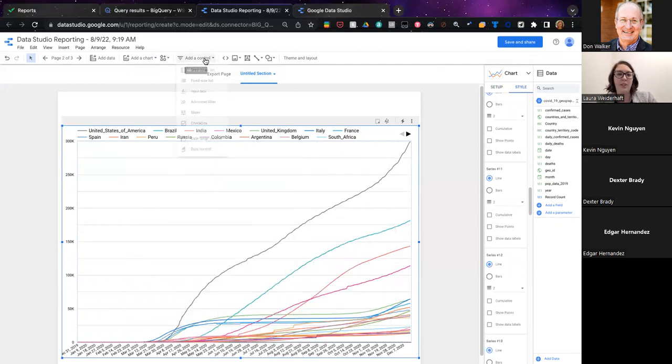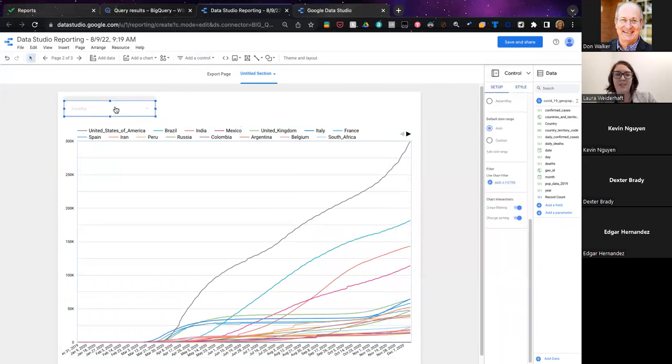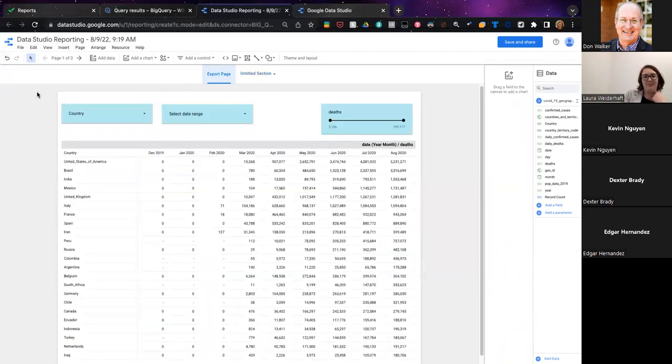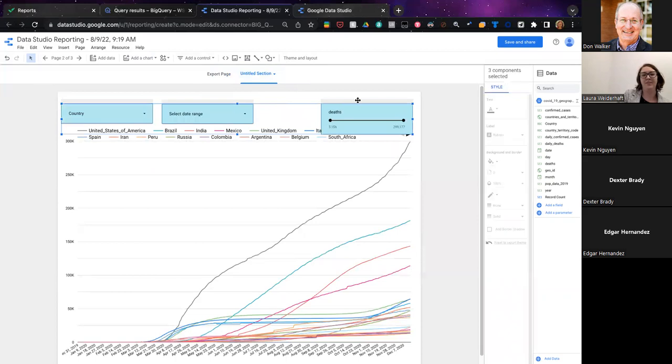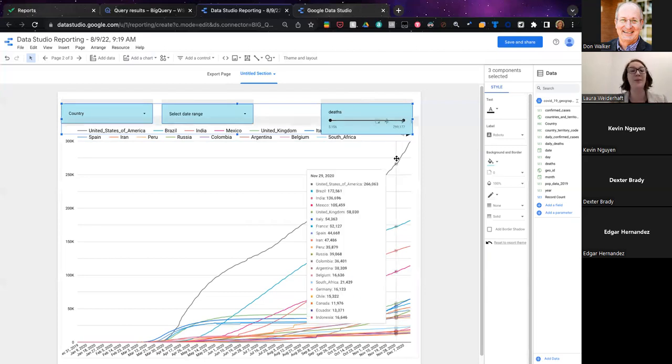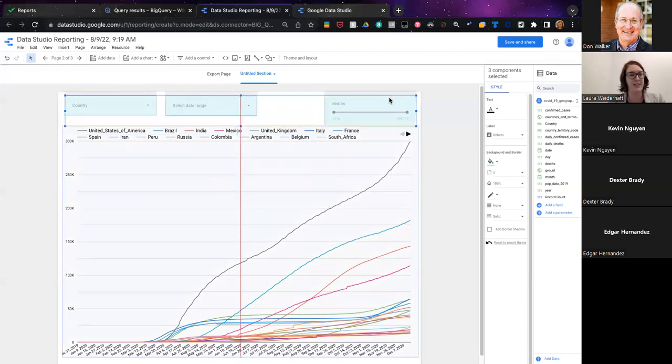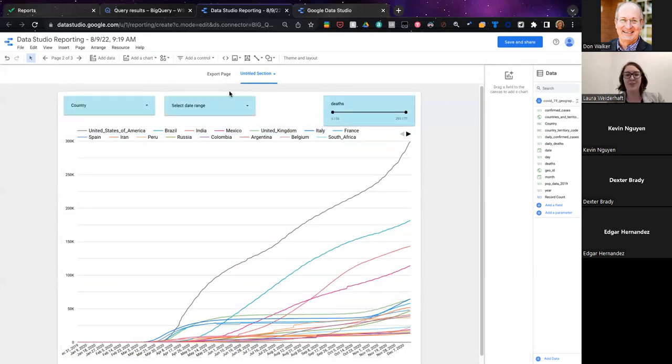And we probably want to also provide drop downs here. Instead of redoing everything that I did from the past page, a lot of times you can just copy and paste. If you're using the same data set, this gets tricky when you have a bunch of joins and different custom queries behind different charts, because every filter is unique to just the data set that you're working with. But if you just have one data set, you can just copy and paste any of the filters that you wanted over here.